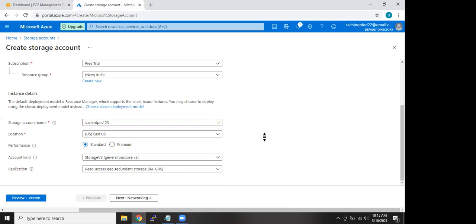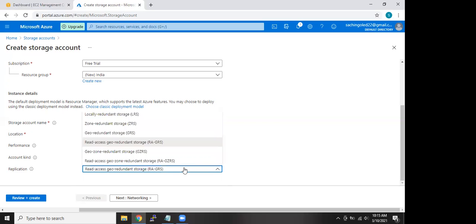Second, it asks how many copies of your data you want to keep. Below you have a replication option. If you select LRS, when you create any data, it creates 3 copies of your data and keeps them in the same data center. So it's called locally redundant.